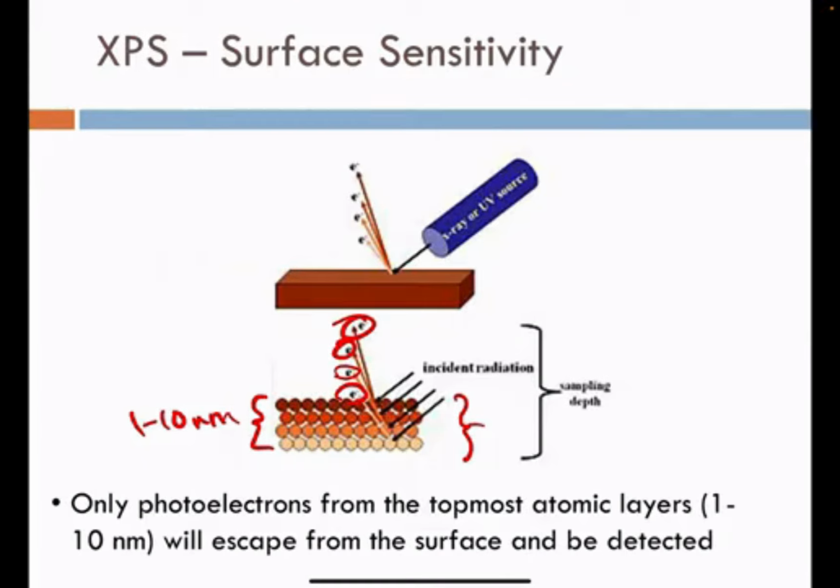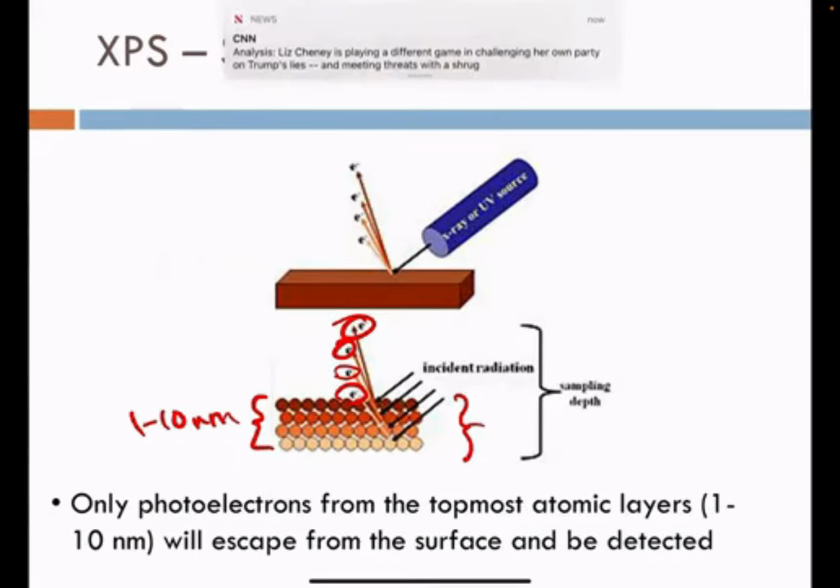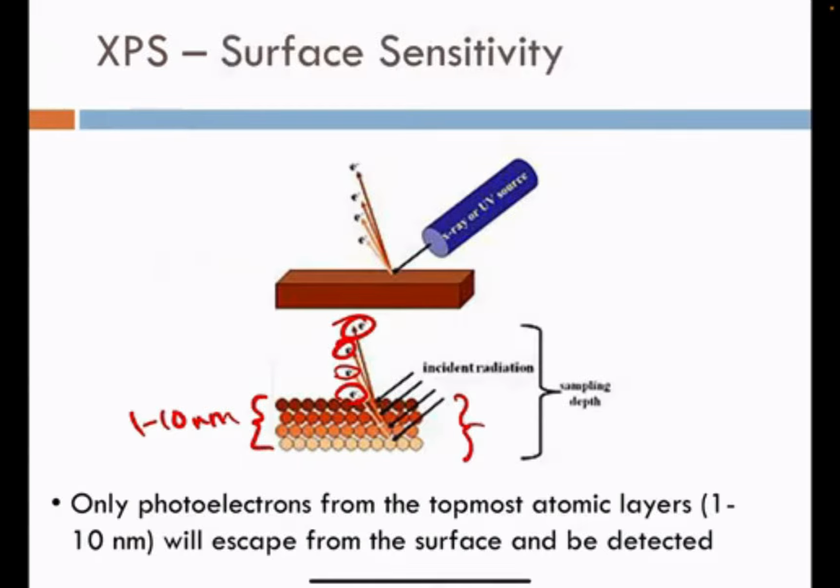So materials as deep as 10 nanometers can show up in your binding energy graph, that is, the XPS spectrum. So it is not only the penetration depth of the X-rays, but of course our ability to have electrons escape from that surface that tends to be the sampling depth limiting factor. In fact, the escape depth of the electrons getting out of the material